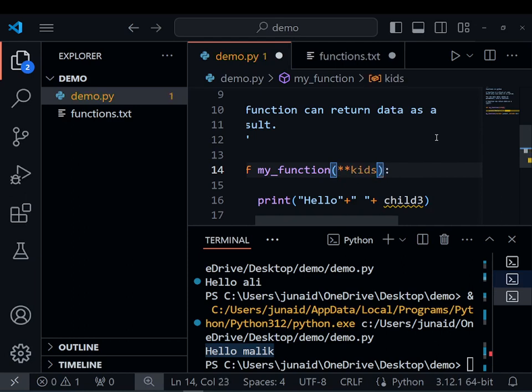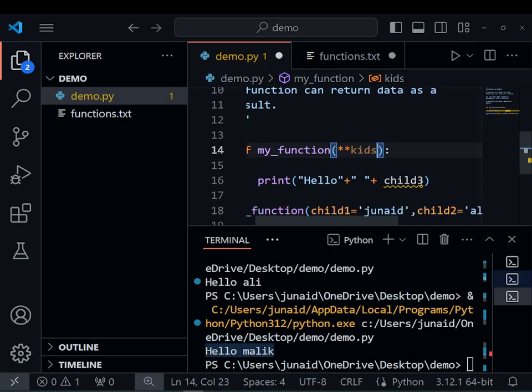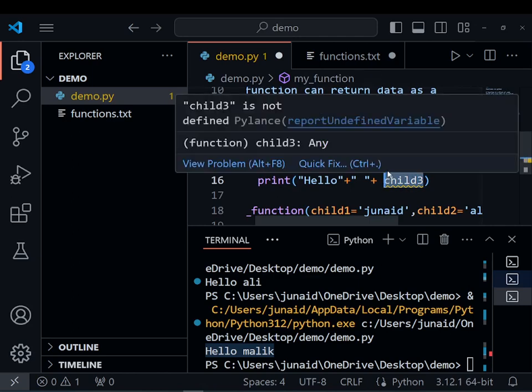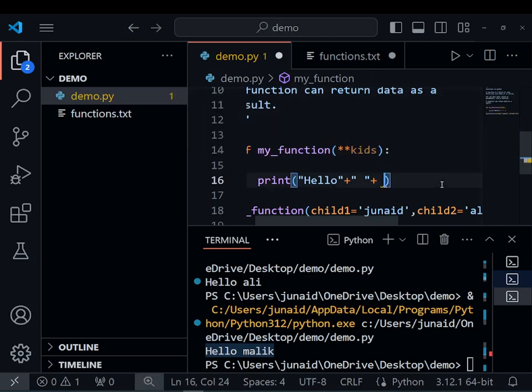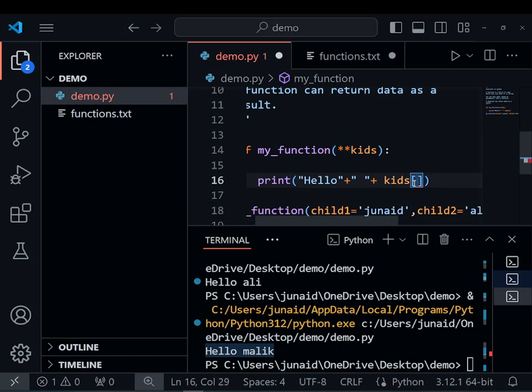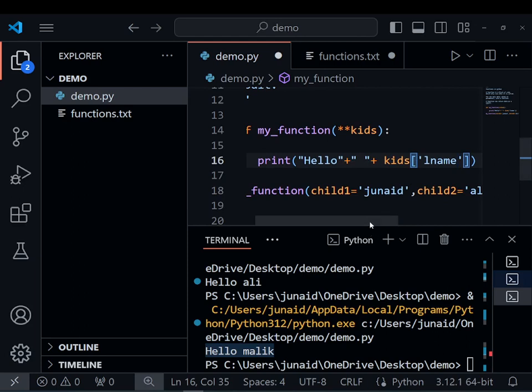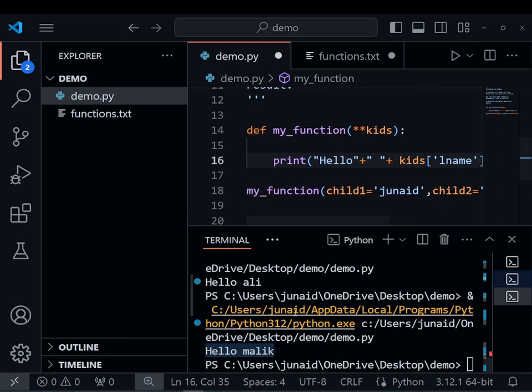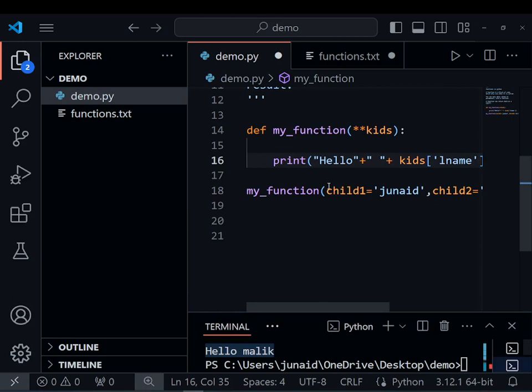If you don't know how many keyword arguments a user is going to pass, you can just use the double star, and after that, if I put the last name in the kids and the last name, here in our function, when we are calling that function,